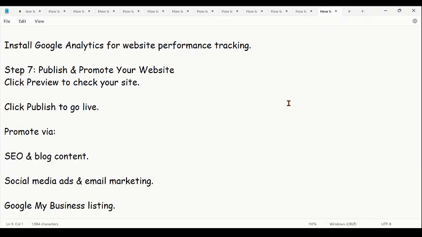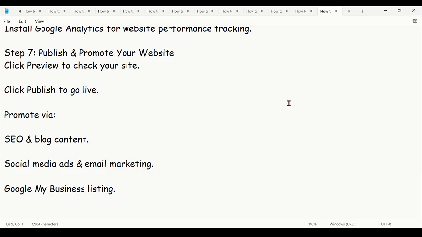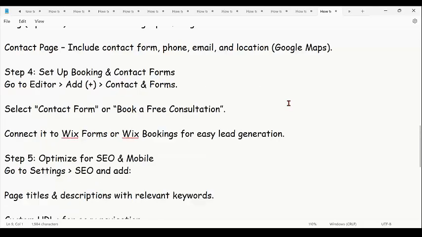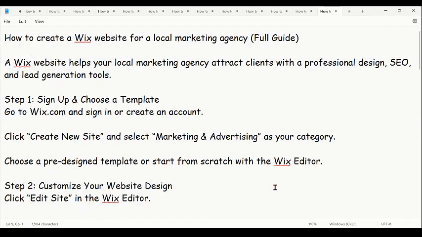You can also promote your website using SEO or blog content, social media ads and email marketing. You can also use a Google My Business listing for best results, and that's how to create a Wix website for a local